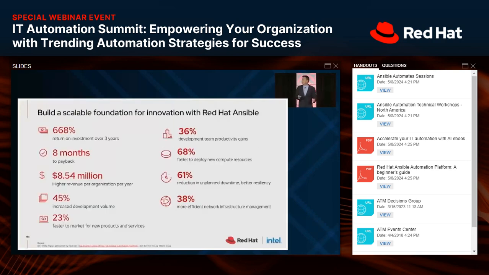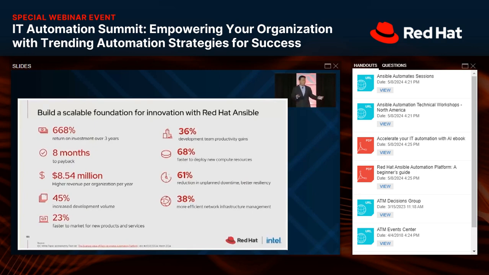So just a few examples, and I'll refer to the IDC Business Value of Ansible report, the study that they did. And I think it was mentioned in the last session, but IDC, back in 2021, did this study. They did an update of it just this past year. They surveyed 9 customers across different industries and globally, geographically, and they came up with these benefits that the median customer attained.